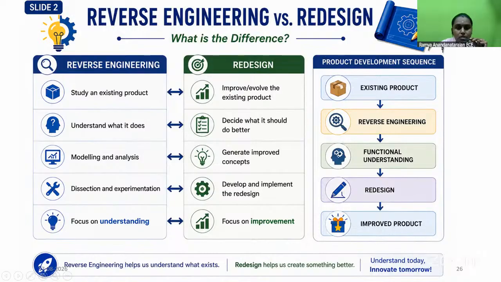Generate improved concepts. You can generate a number of ideas. We will see how to generate more number of ideas in the upcoming weeks. Then we develop and implement the redesign. Then we focus on improvement while doing the redesign. So this is the flow for redesign. That is, an existing product is taken, reverse engineering is done, functional understanding is done, then you go for redesign to